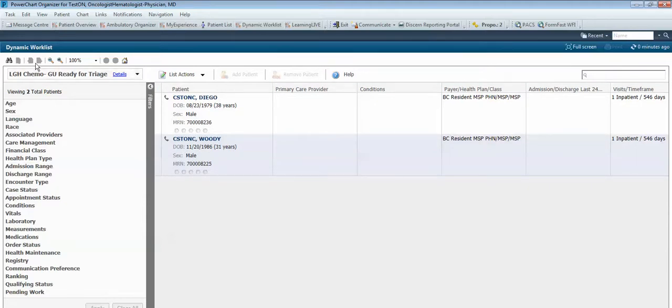Because of where we are in our build, we're using the location of LGH. So here the triaging provider at LGH Chemo Unit is looking at patients with a GU cancer diagnosis who are ready for triage. I just want to mention that these patient lists will be configured during training prior to the go live. So if triaging referrals is part of the provider's role, they will be taught how to create these patient lists. So we can see 2 patients on our list that are ready for triage, and I'm going to